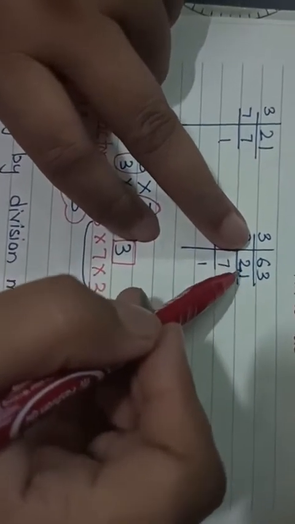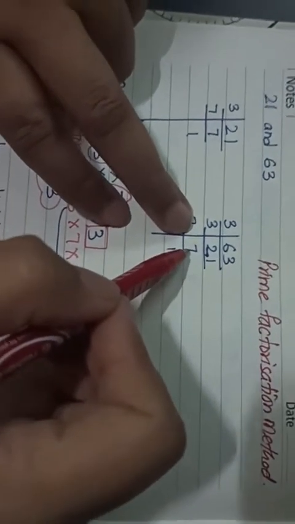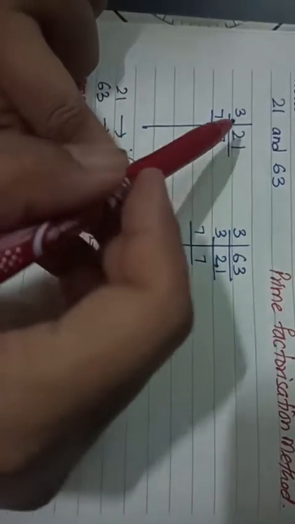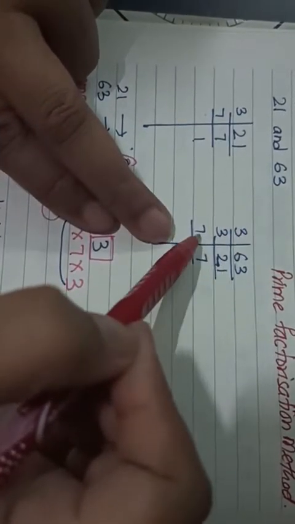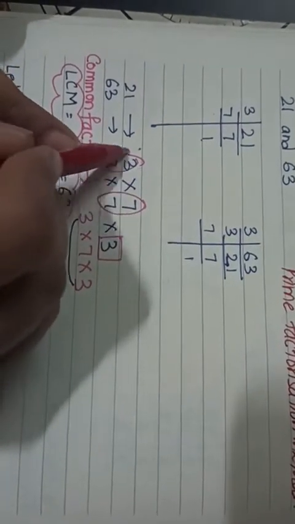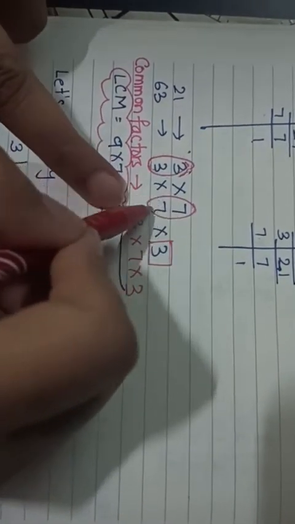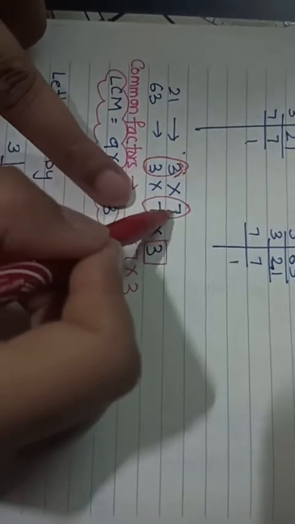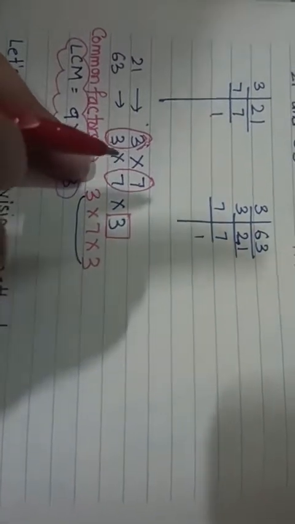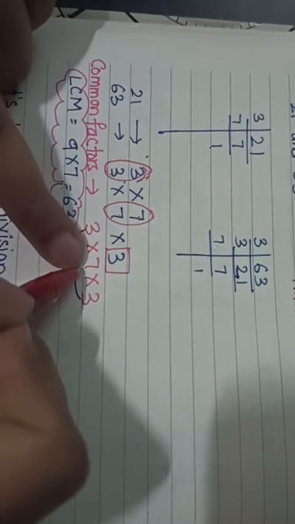Now we have 21. So 21 will go in which table? 3. So 3 7s are 21. 7 is again a prime number. 7 1s are 7. So we have 3 and 7 over here and 3 3 7 over here. So I've made a list, and we saw that 3 is repeated, it is common in both the lists. 7 is also common. So we are going to write them only once. If they are coming in both the lists, we will write it only once. So 3 will be written only once. 7 will also be written only once.